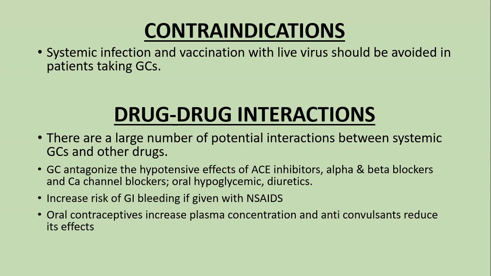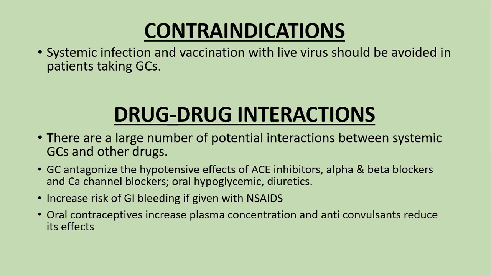Drug-drug interaction. There are a large number of potential interactions between systemic glucocorticoids and other drugs. The glucocorticoids antagonize the hypotensive effect of ACE inhibitors, alpha and beta blockers, calcium channel blockers, and antagonize the effects of hypoglycemic agents and diuretics. So if these agents are to be prescribed or are being prescribed with oral corticosteroid, then their doses may be